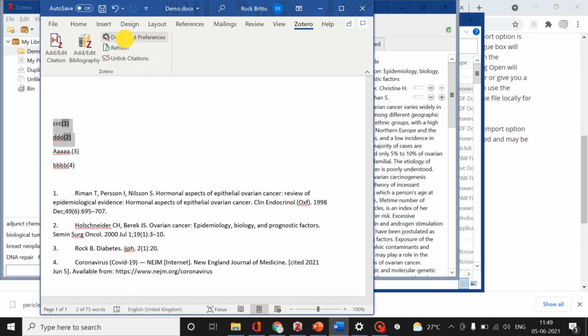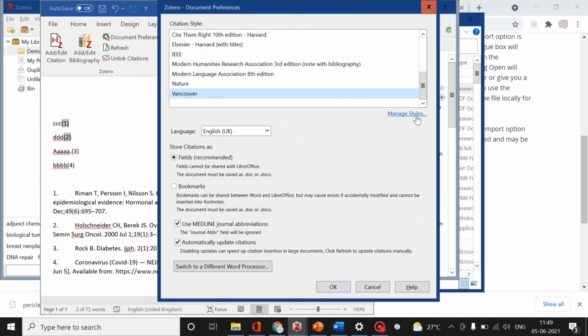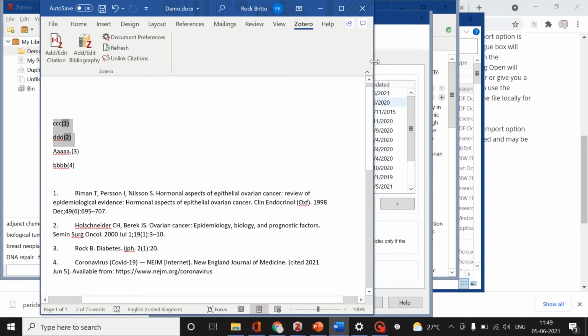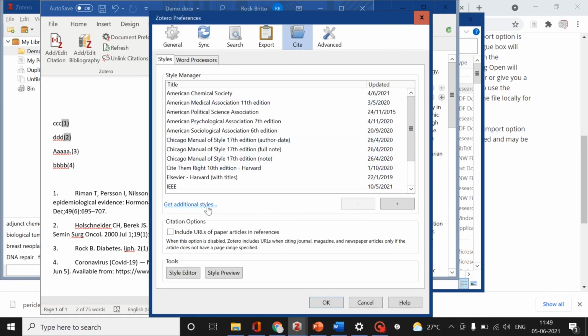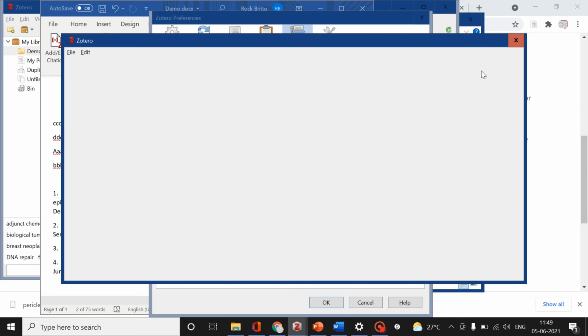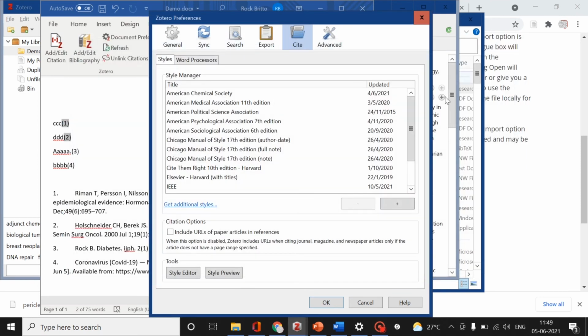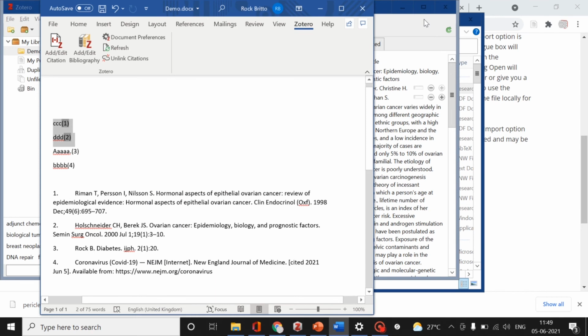You can also download any style. You can click on this manage styles and get additional styles. You can go to the internet and download multiple styles of references. So all the references can be used here without any effort. So these referencing softwares will help you in making your research very easy.